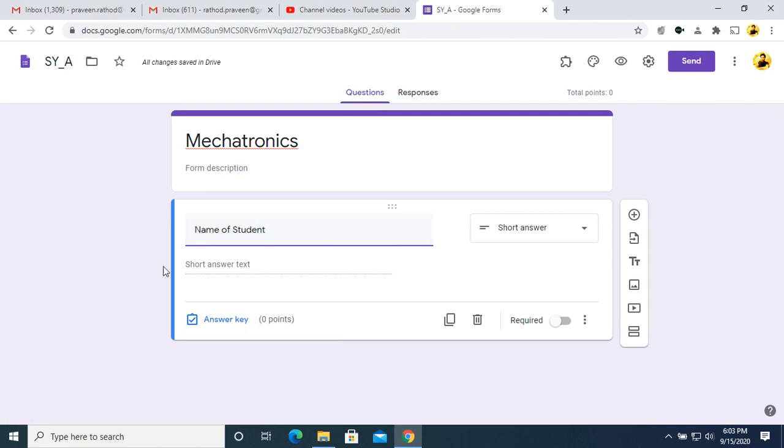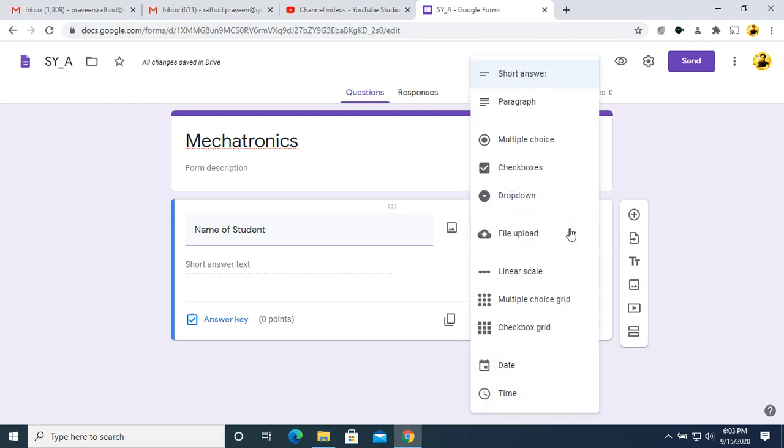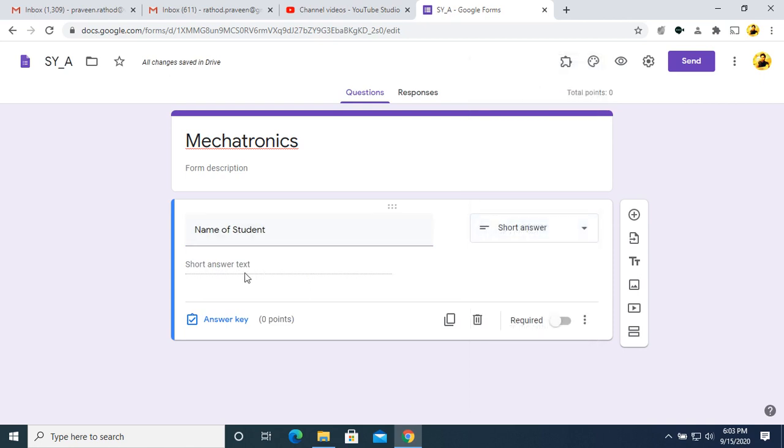Keep it as short answer. If short answer is not there, come to the drop-down menu and select short answer, so the student can enter his name over here. Here you need to switch on the required tab because the student needs to enter his name.